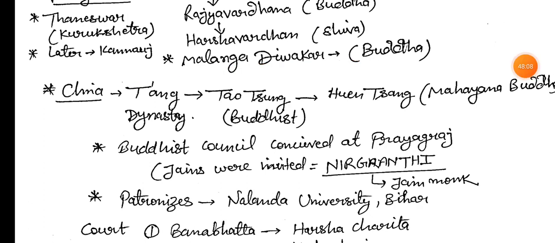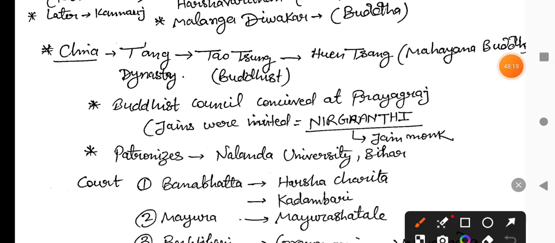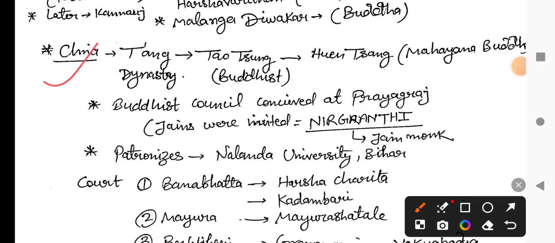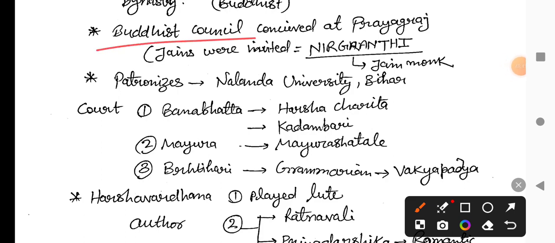Okay, and their capital was Thanesar in the early period, near Kurukshetra. Okay, and later they changed the capital, Harshavardhana changed the capital to Kannauj. Okay, capital Kannauj. And in China, during that time the Tang dynasty was there, and Xuanzang, the Buddhist monk, came to India and flourished Mahayana Buddhism in Tibet. Okay, a Buddhist council was convened at Prayagraj, and during this Buddhist council, a Jain monk was invited, and the Jains were